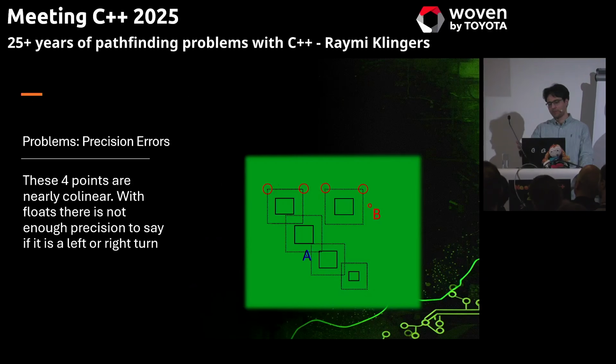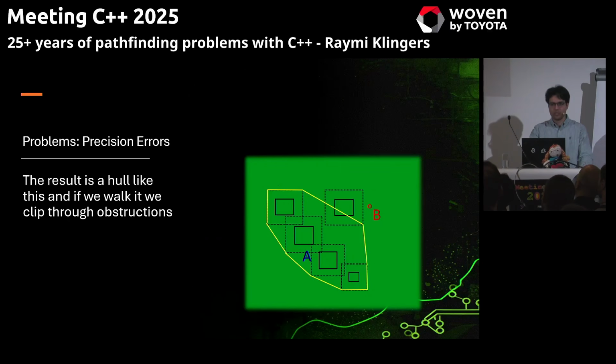Now, how does this look in a simple example case? So collinear, these points are almost on the line. It's hard for me even to say if they are making a left turn or a right turn. Computers are probably a little bit better at that than I am, but they also cannot answer this correctly in every single case. Sometimes the floating point precision is just too low and you get a slightly wrong answer, but for this algorithm, you always must have a correct answer for it to always function.